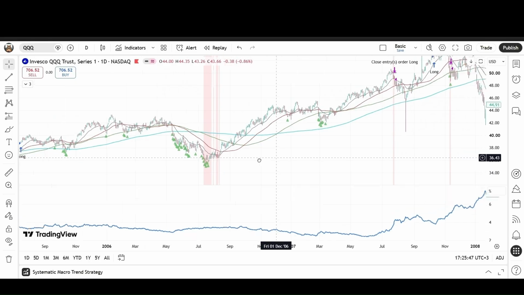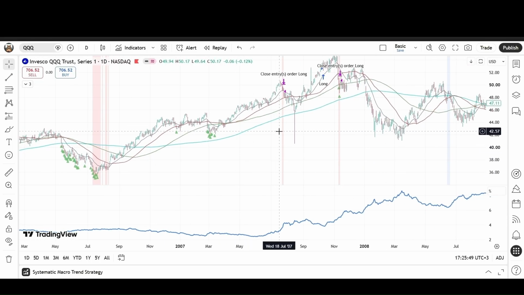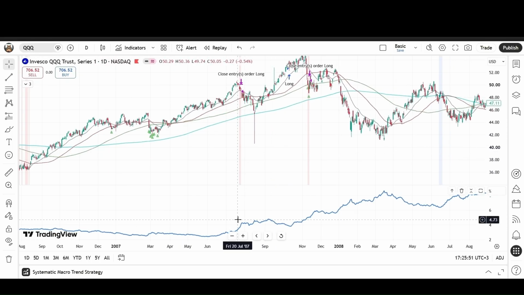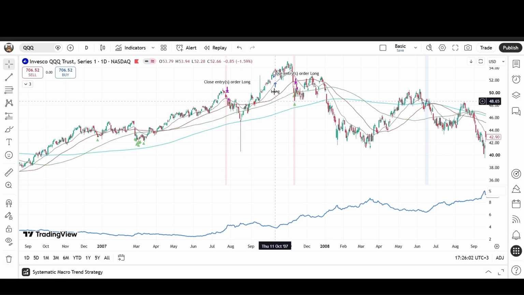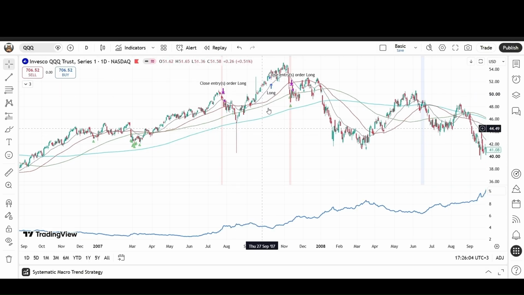So we are still long until over here, 2007, we exit here, and as you know, the housing crisis is nearing, and since the price action is strong here, the strategy enters here, but